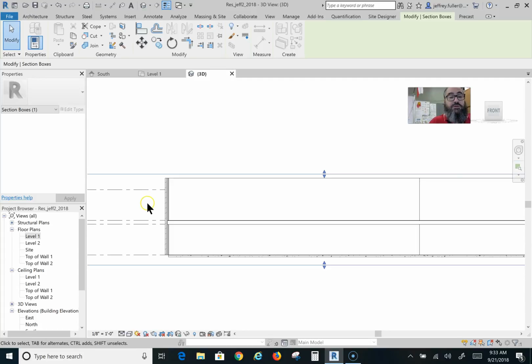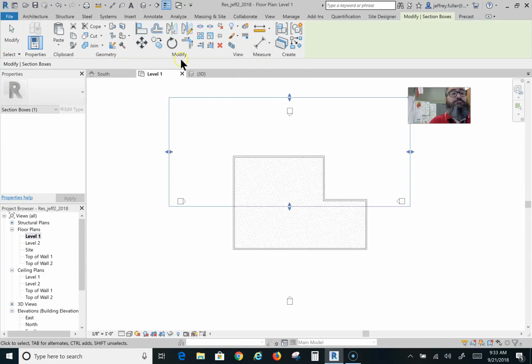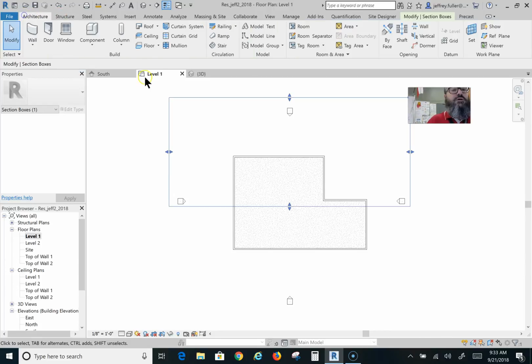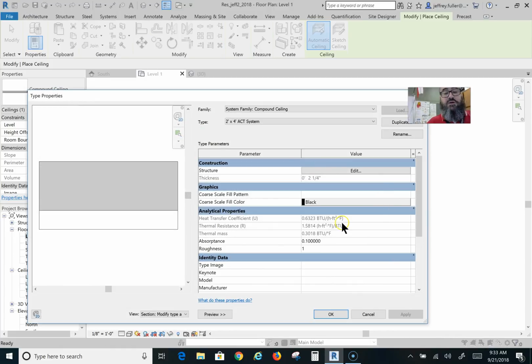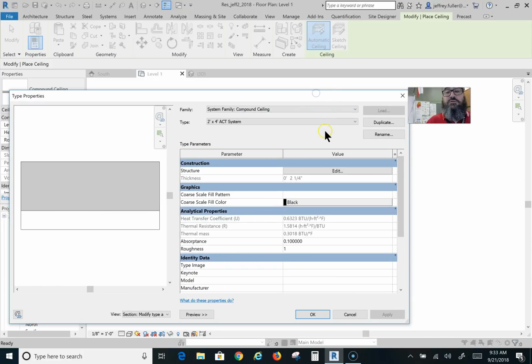Now next thing I need to do is place my ceilings. I got my first floor and I got my second floor. So I'm going to go back to level 1 and I'm going to place my ceilings. Architecture, ceiling, level 1, 8 feet above level 1. That's exactly where I want to be. However, I want to change this. I don't want this to be acoustical tile system,